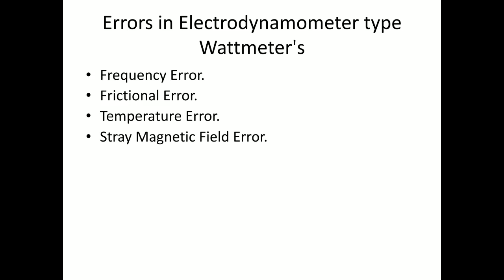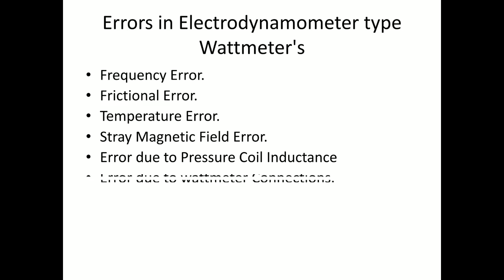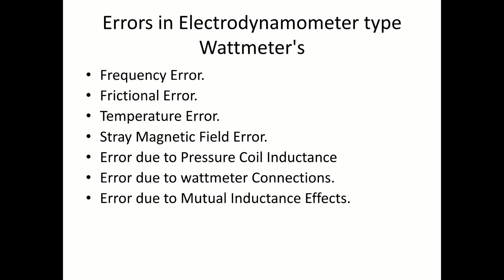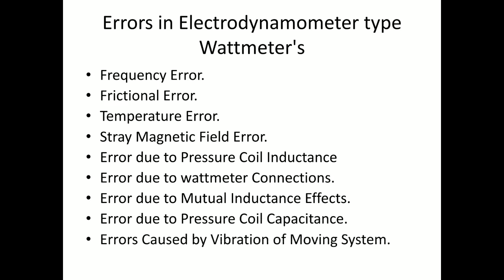Then error due to pressure coil inductance, this is new for us. Then error due to wattmeter connection, then error due to mutual inductance effect, error due to pressure coil capacitance, and the last one is error which is caused in the meter because of vibrations in moving system. So these are some 8 to 9 types of error which commonly occur in case of electrodynamometer type wattmeter,